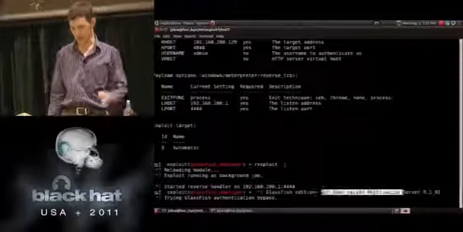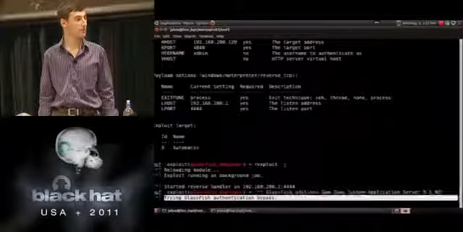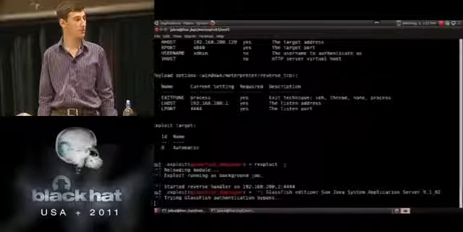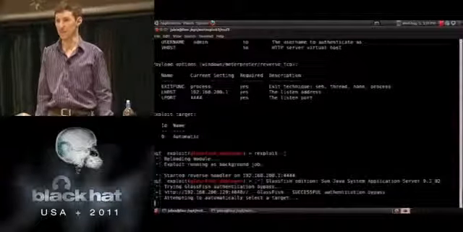So, Java Sun application server 9.1, and we do authentication bypass.